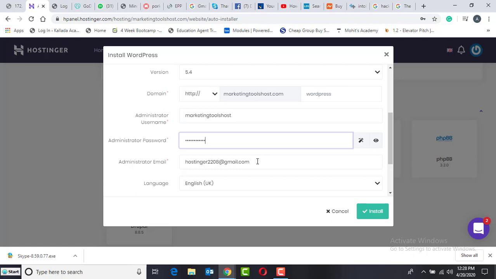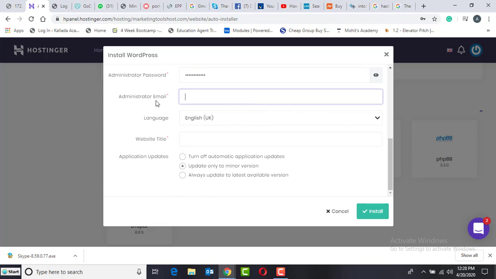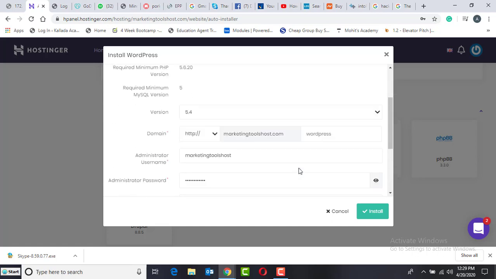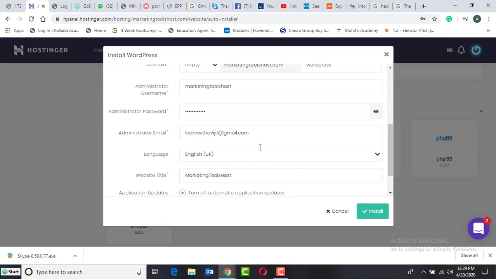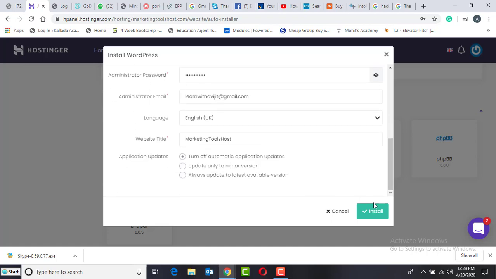Any password that you want, you can give. This is the website title which I'm gonna go ahead with. Turn off the automatic application updates, since you can always do it manually and check which things need updating. Cross check whether everything you have mentioned is right, and then just click install.